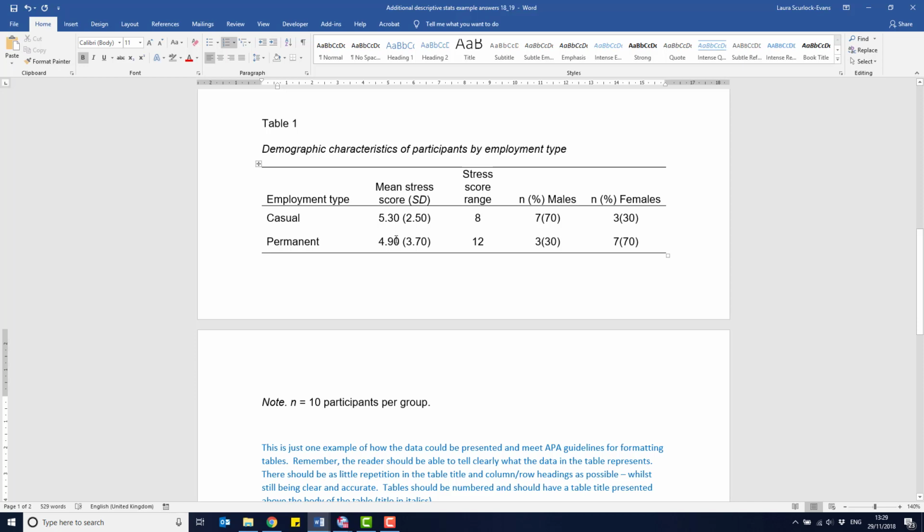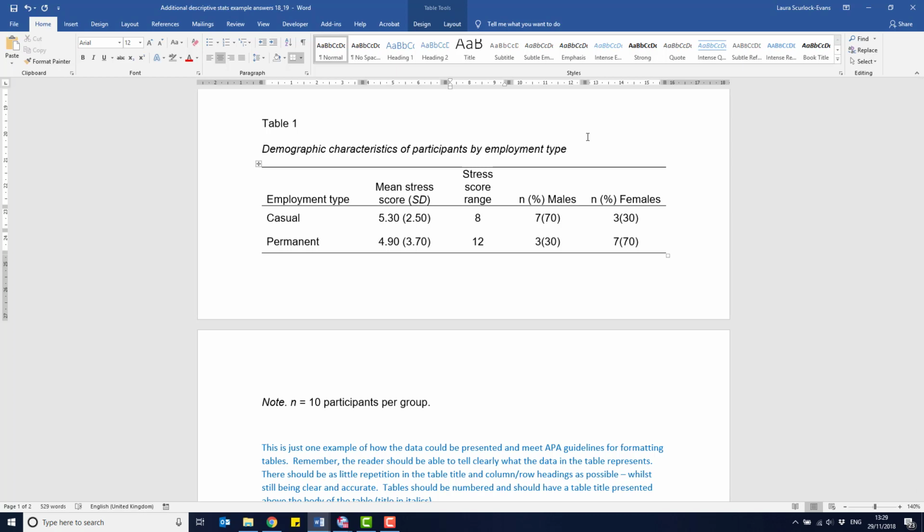And again, that is just looking at it, we're just observing the differences here. We've not actually tested whether there is a significant difference between these two, but they look fairly similar to each other. However, there's something around the stress score range here. You can see that for casual, the range is only 8 points, but in permanent there are 12 points. Now I'm going to let you decide what you think that might mean, and what the implications of that might be in this context. But those are the sorts of things that we're looking for,